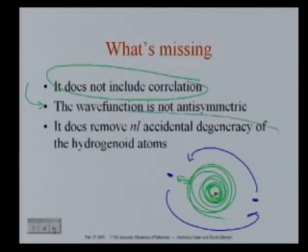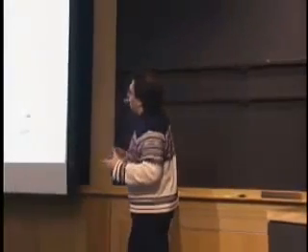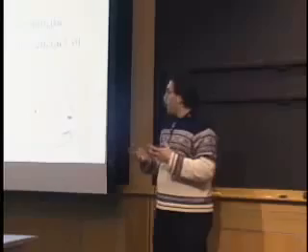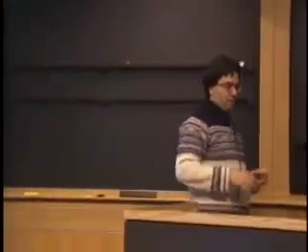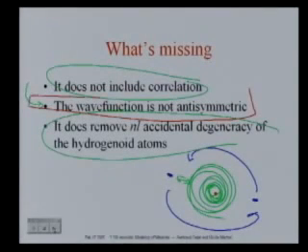And in particular, what it doesn't do is remove the accidental degeneracy, the fact that there is the same energy for electrons that have the same principal quantum number n and the same angular momentum number L. But really what is most important is this lack of a physical constraint and this lack of correlation. Very soon, probably a year later, Hartree and independently Fock realized